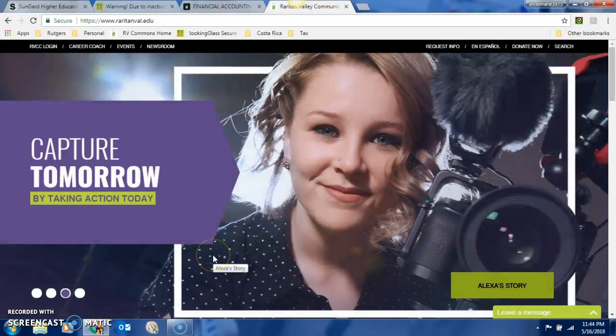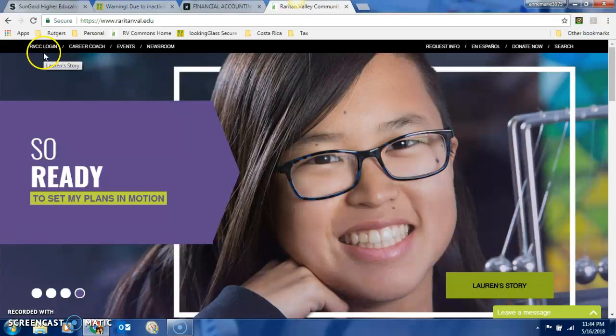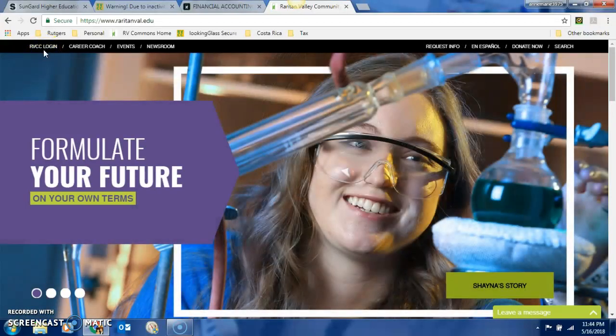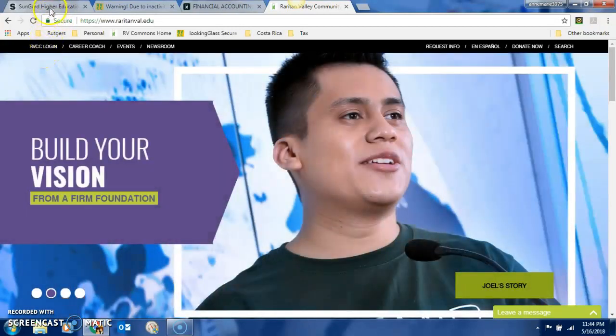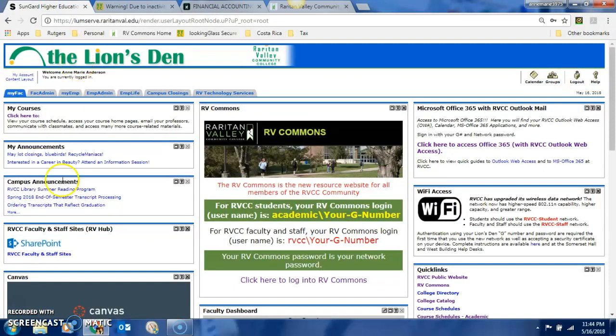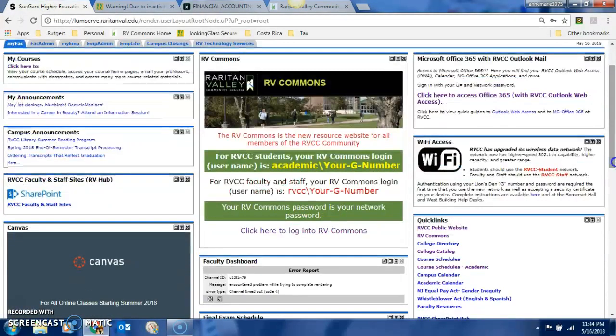To show you how to get into Canvas, what you would do first is you go to rvcc.login and it will bring you to your Lion's Den once you input your G number and your password. Okay, so once you're in your Lion's Den, there is a button down here for Canvas. It may not be in exactly the same place as it is for me, but you do have a Canvas link in here. Once you do link into Canvas, it will bring you to